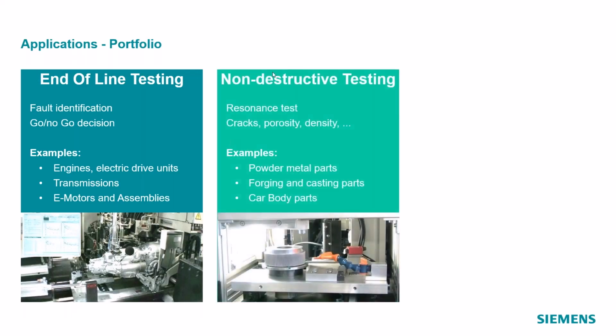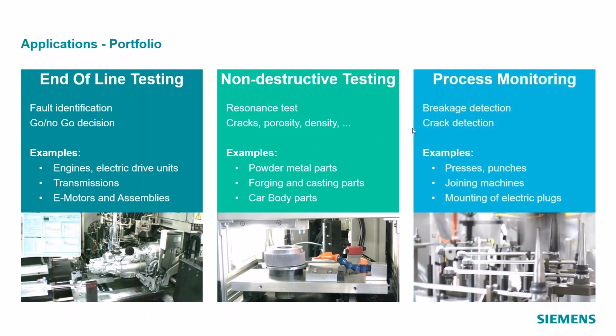And then we also have 2 other applications. One is non-destructive testing. We do a test of items, of parts against cracks, porosity, density, and any other defects that may have influence on the vibration behavior. What we are doing here is, as you may do if you buy some cups in the shop and you want to check if there's a crack inside, maybe you hit on the cup and listen to the sound. If it sounds quite clear, then you know this cup is okay. If it makes a different sound, then there could be a crack inside. And that's the same thing what we are doing here. We excite the part with a hammer, listen to the sound, and if there's a defect inside, we can hear it. So then we also test sounds like a bunch of ding, ding, ding, and if the frequency shifts, we know the part wasn't made right, huh?